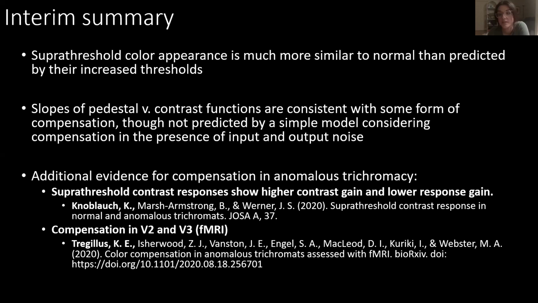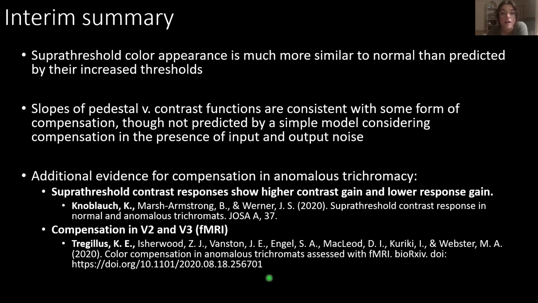So to just summarize briefly, before I share just a couple more slides: while we see evidence for compensation in our studies, the simple models of compensation we applied to our pedestal discrimination data don't really account for our findings. But I'd like to take the opportunity to point you to a couple of newer studies along this line of work that have come out more recently in support of the compensation hypothesis. First, Knobloch and his colleagues used maximum likelihood difference scaling to look at the superthreshold contrast responses in anomalous and normal trichromats. And I believe he's actually also scheduled to speak, so we might hear more on this work